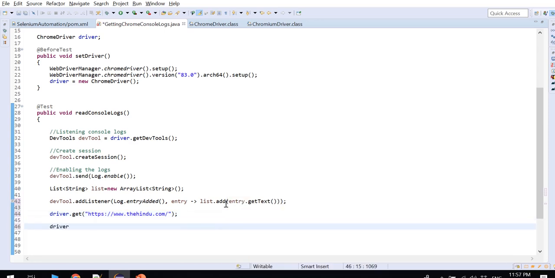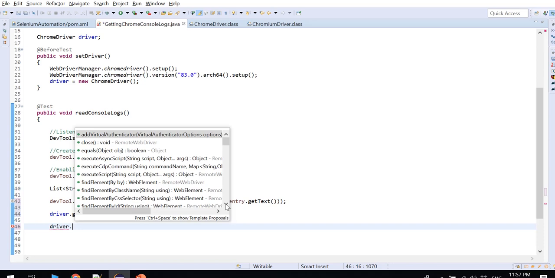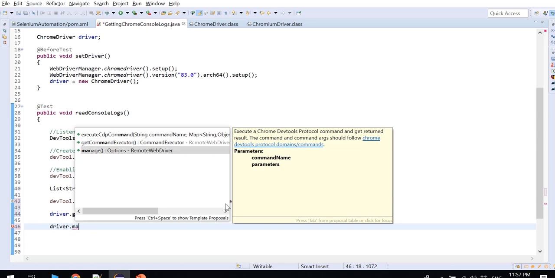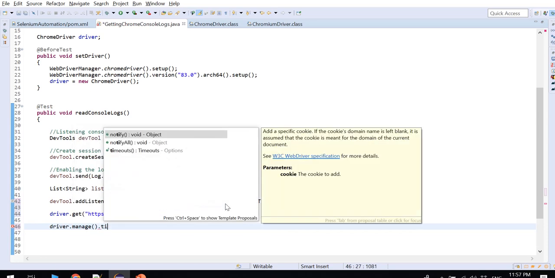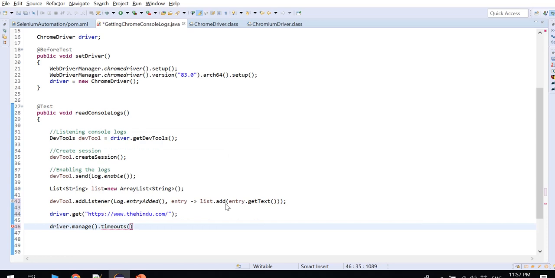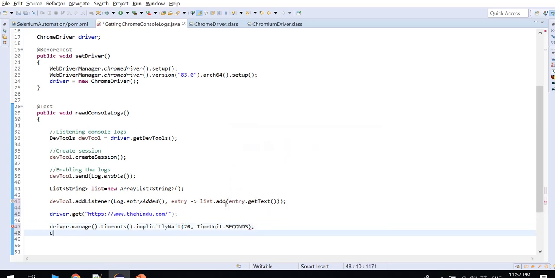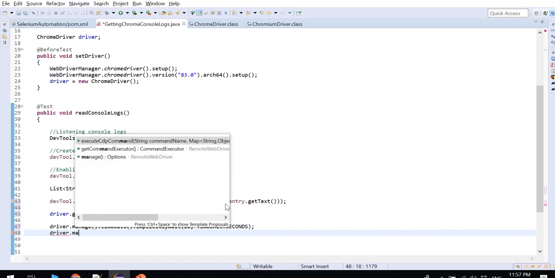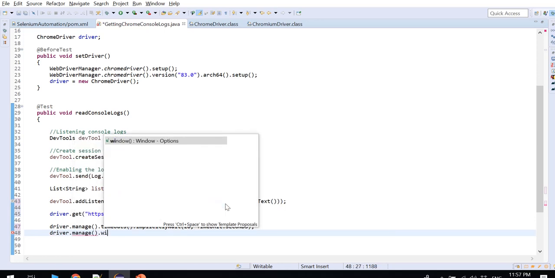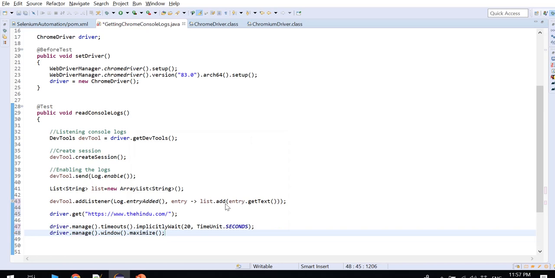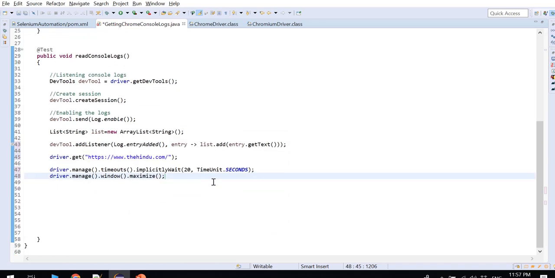Now let me write driver.manage().timeouts().implicitlyWait, I'll say 20 seconds, TimeUnit.SECONDS. Then driver.manage().window().maximize(). This is the code I have written.